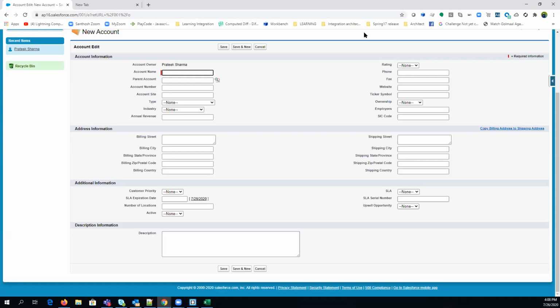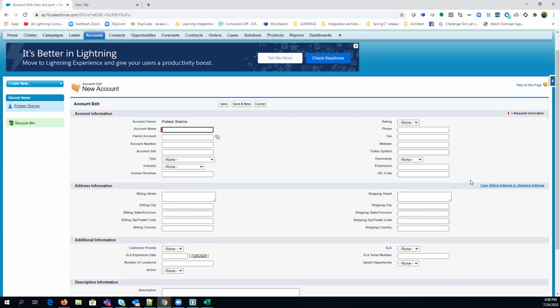Salesforce, as we all are aware, has two user interfaces. The one is Classic, the old one, and the new one is Lightning. So first we will cover Apex, which is related to both Classic and Lightning. We'll cover Visual Force as well, but that is only related to Classic. After that we'll do the Lightning part as well. So let's first discuss Salesforce Apex.